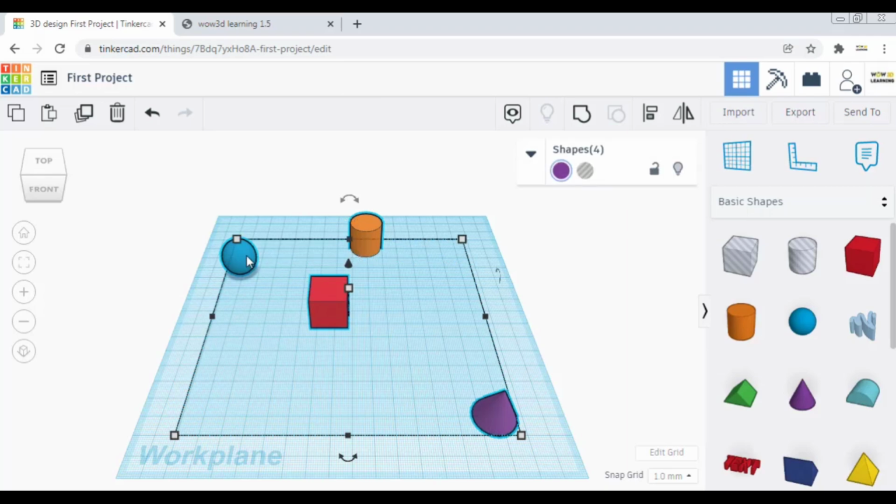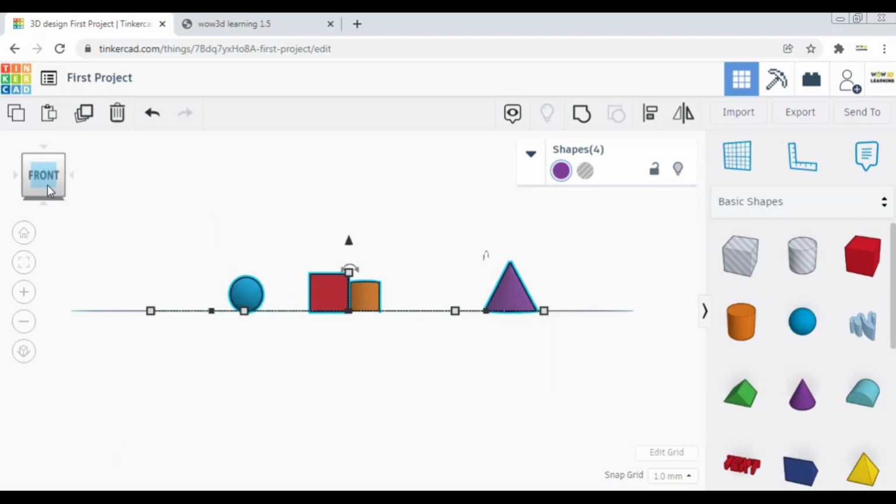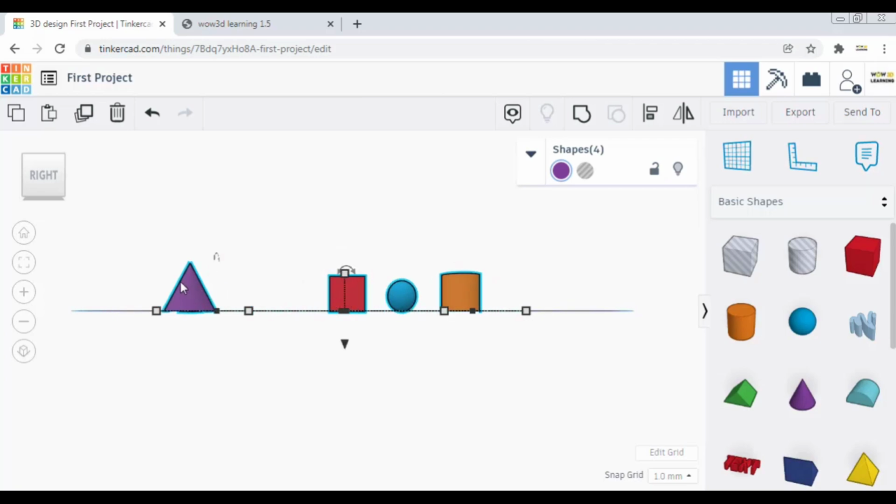As you keep selecting the objects, you can see a rectangular box will appear around the selected objects. Now if you go to the view cube and change your view orientation, you can see all the objects around which blue halo is coming are the selected ones.